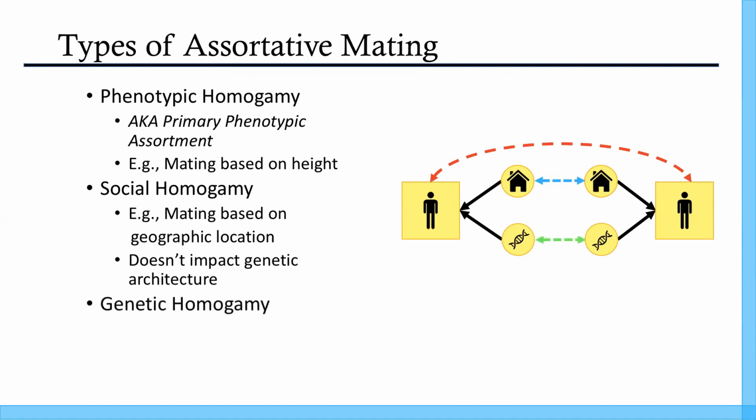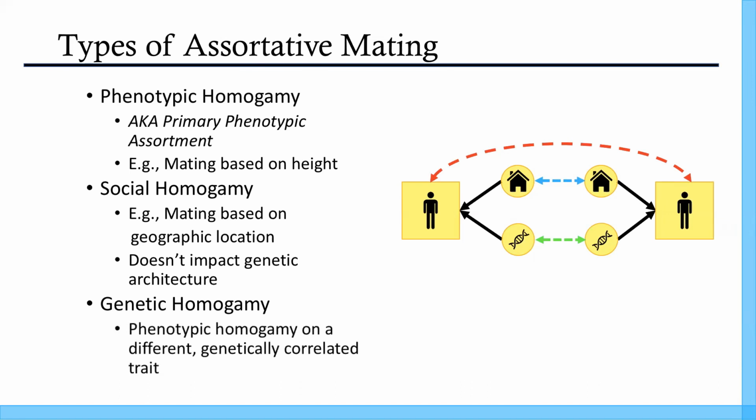And finally, there's genetic homogamy, which is when mates are preferentially choosing one another based on genotypic makeup rather than phenotypic or environmental. And I know this one is a little bit weird, given that you don't typically know someone's genetic makeup independently of their phenotypes. But evidence of genetic homogamy does usually point to phenotypic homogamy on a different but genetically correlated trait. So the classical example of this is genetic homogamy on educational attainment may actually just be phenotypic homogamy on IQ,